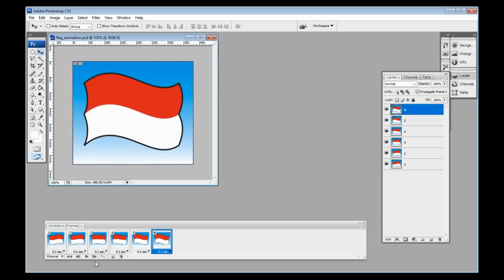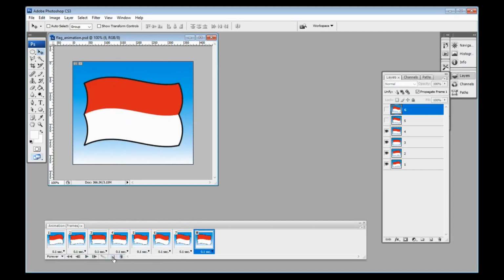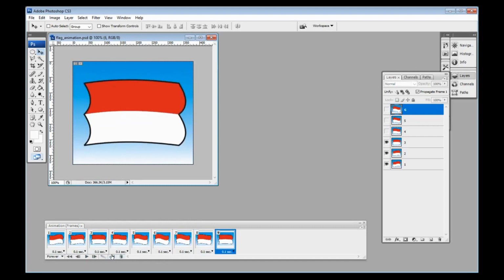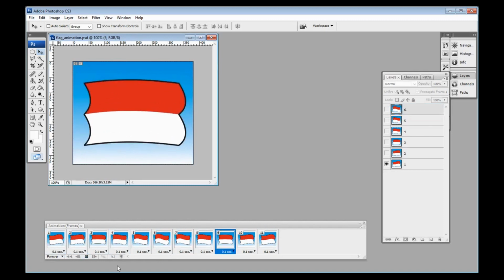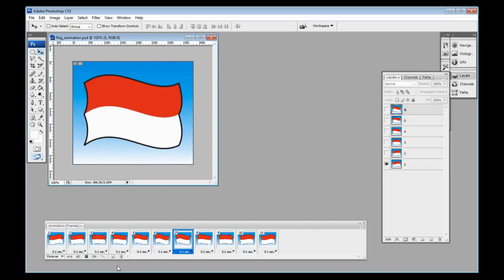And here I duplicate the selected frame again, but I show number 5. Okay, number 4, number 3, number 2, and number 1 again. Number 1 is the same as this. Okay, let's try. Okay, now it's smooth.